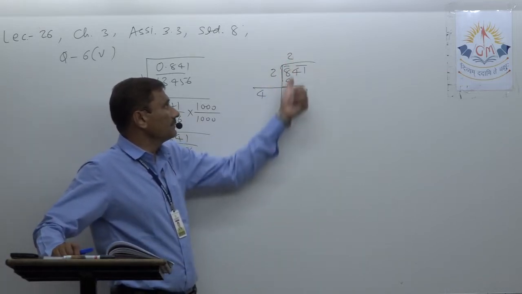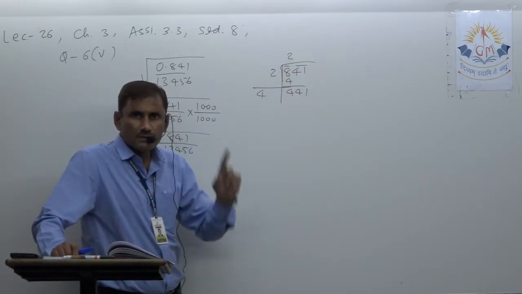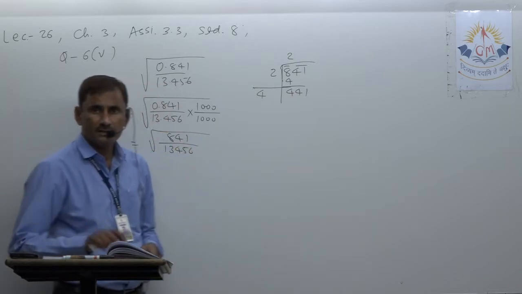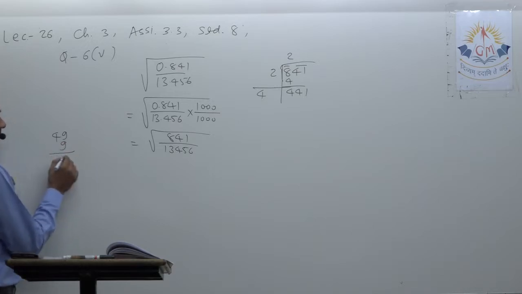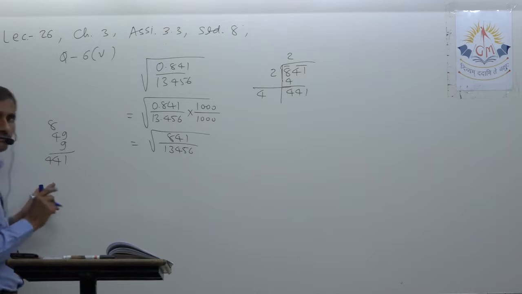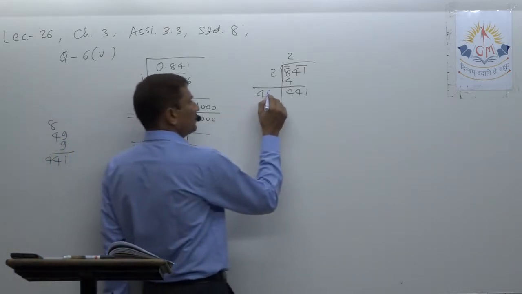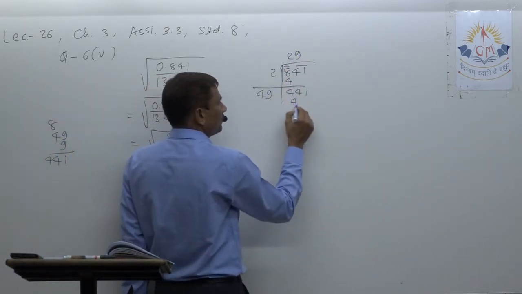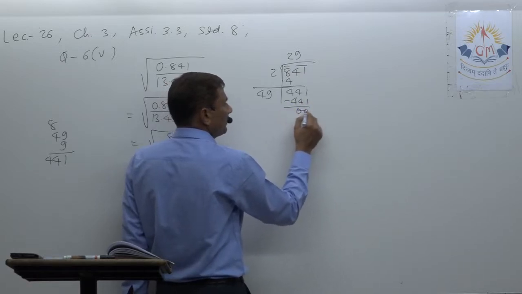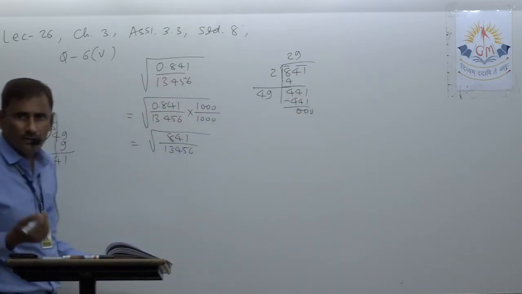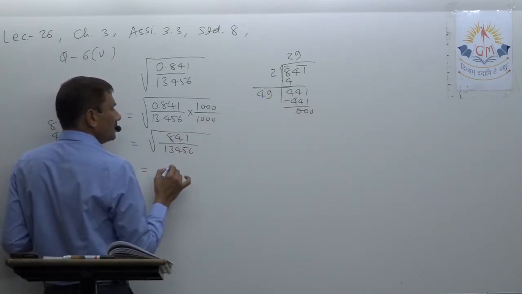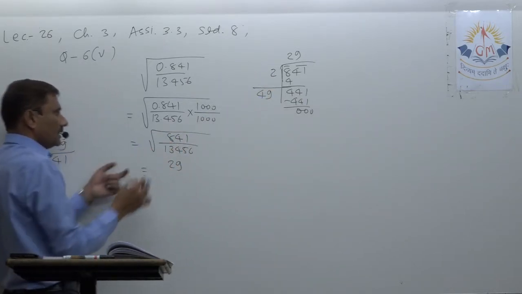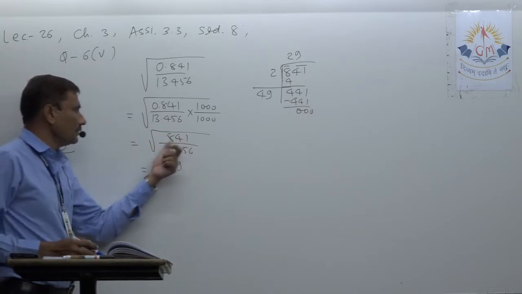So 41 ones are 41. It is very less. You should look for 49 nines are here. Okay, so directly jump to 9. So 49 nines are, 9 nines are 81, 8 carried, 9 fours are 36 plus 8 is 44. So we got it. 49 into 9 is 441. Otherwise if you remember the square of that one, then you can write directly also. That is not compulsory to show here. So I am writing 29 here. The square root is already found, so no need of that sign here.